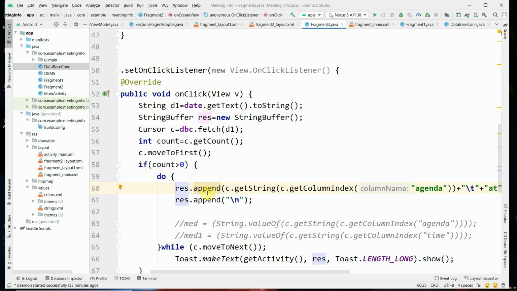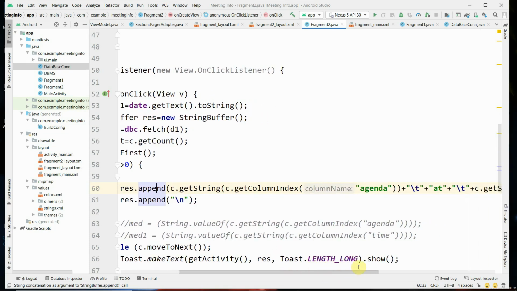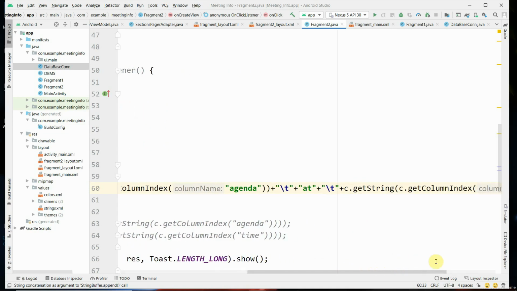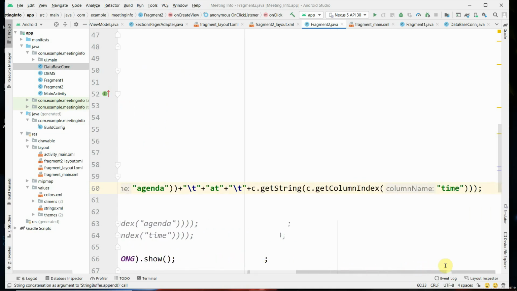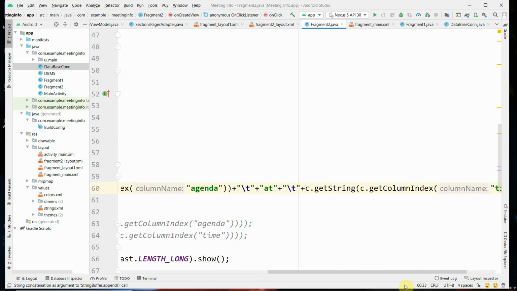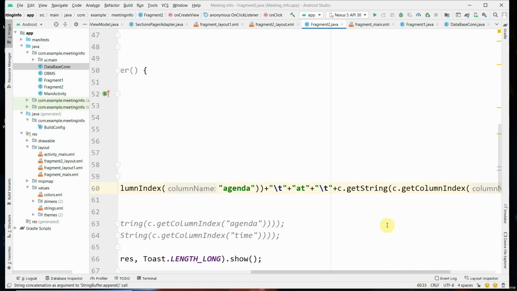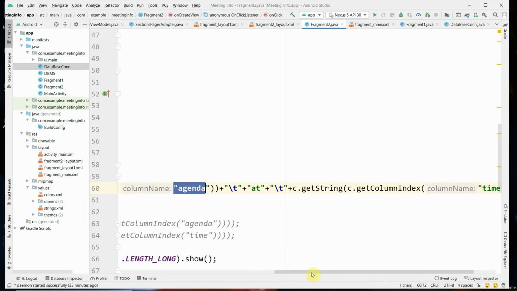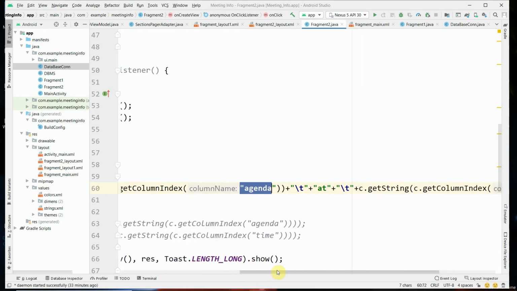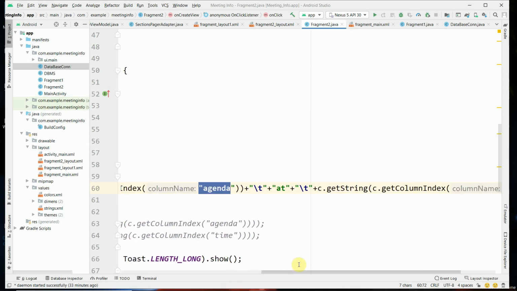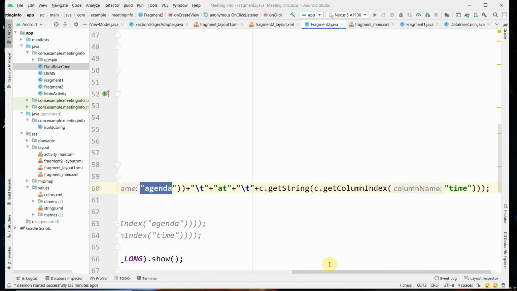Res is the string buffer, and data is appended to it. The appended data is the agenda and the meeting time. Agenda in double quotation marks is displayed as it is, and then the agenda is retrieved using c.getString with c.getColumnIndex and the column name.